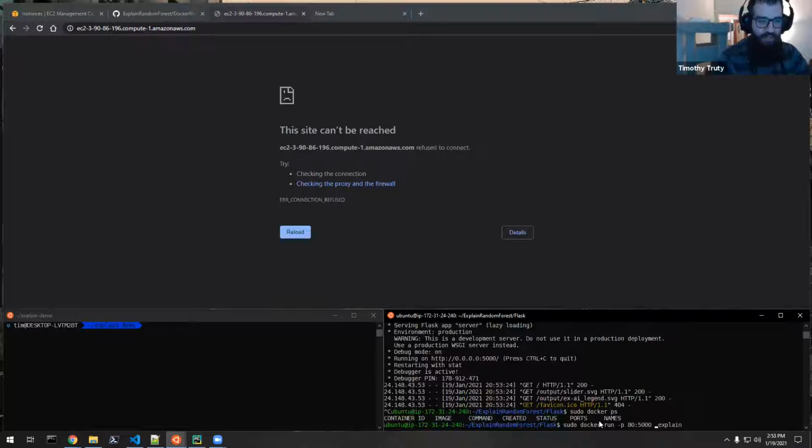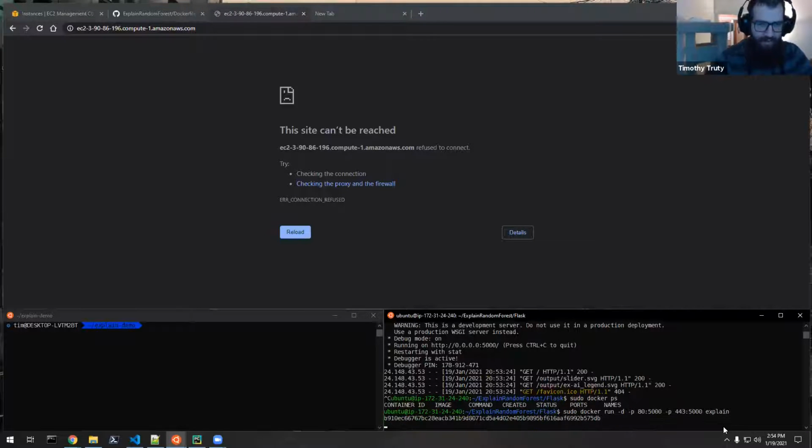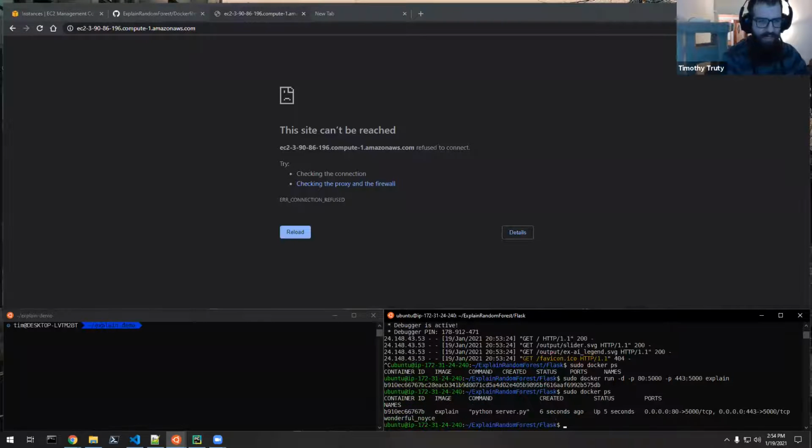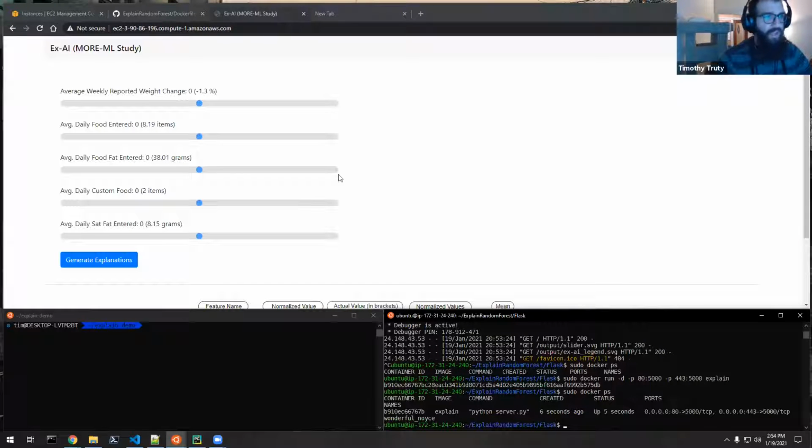So what I'm going to do here is run another port. So 443 and 5000. Oh, I need the -p flag for opening the other port. Explain, and I'm also going to run it detached, which is the -d flag. So now, if I run that, it should work. Yep, and we can check it with sudo docker ps. So we have a Docker running on these two ports, and we can see it came up here because we're on